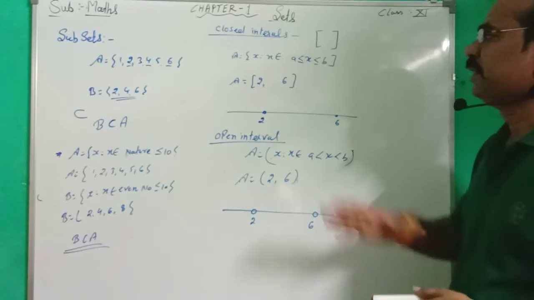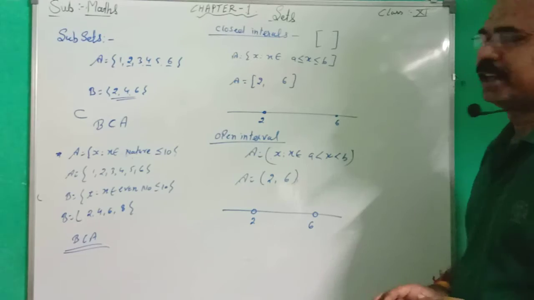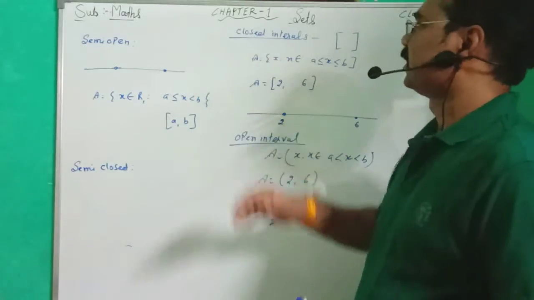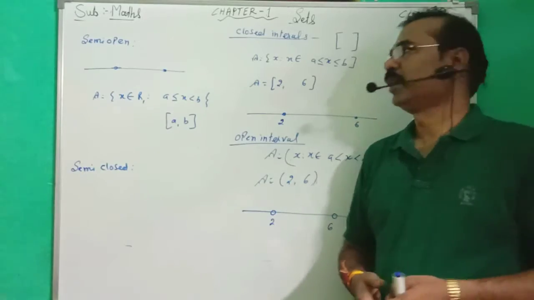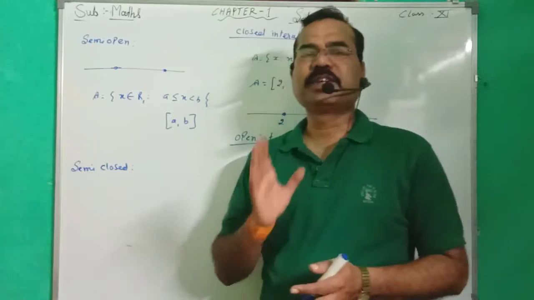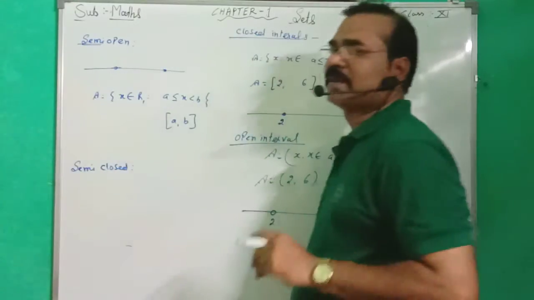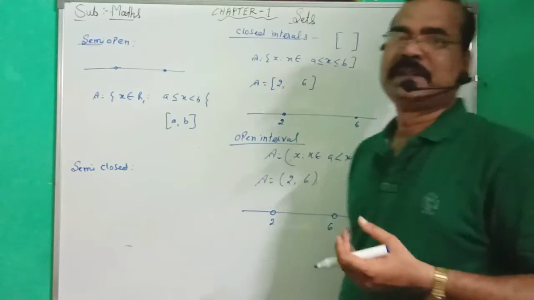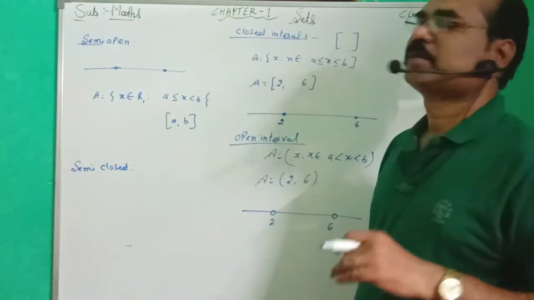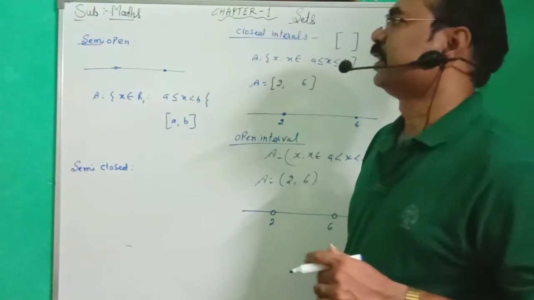In a closed interval the endpoint values are included, and in an open interval they are not. Okay students, we have now discussed the closed interval and the open interval. Now we have to discuss what a semi-open interval and a semi-closed interval are. I think you already know the meaning of semi. It means suppose you are given a whole thing and you take half of it, that is called semi. In mathematical terms, we discuss the semi-open interval and the semi-closed interval.